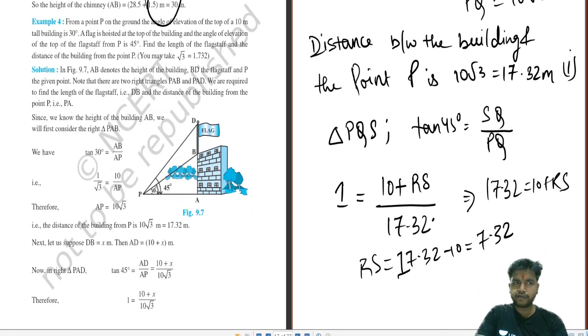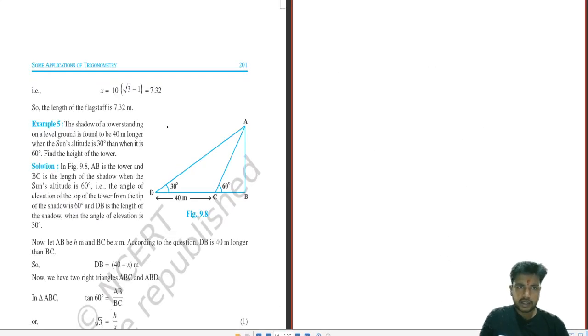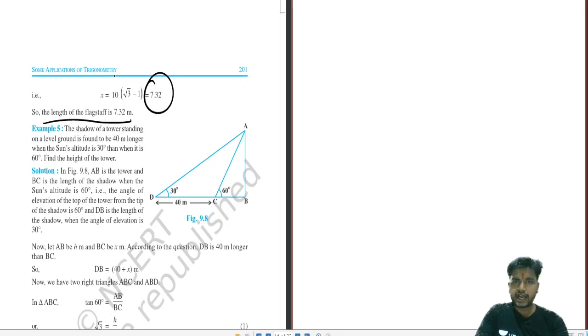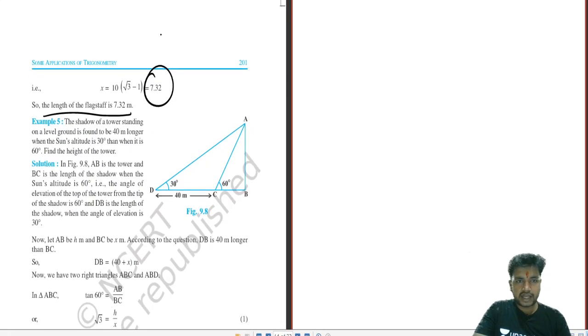See into the diagram very carefully, and you can look into the diagram over here and the solution over here. 7.32 is the length of the flagstaff, and what do we calculate as the length of the flagstaff? 7.32. So we are also correct. The first answer was 17.32 over here, so both the answers are correct. The solving procedure is mainly the same, they just take it in a different way. Somewhat 99% is the same. Using this methodology is very good for you because these types of sums appear in the exams. We'll move on to the next sum.